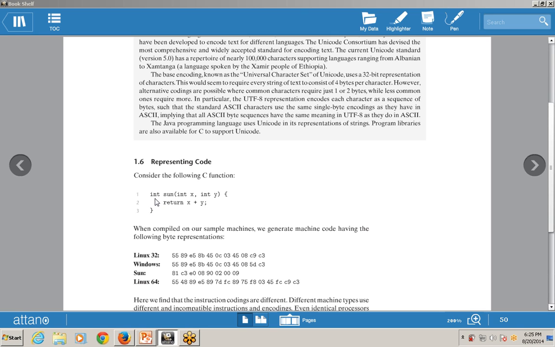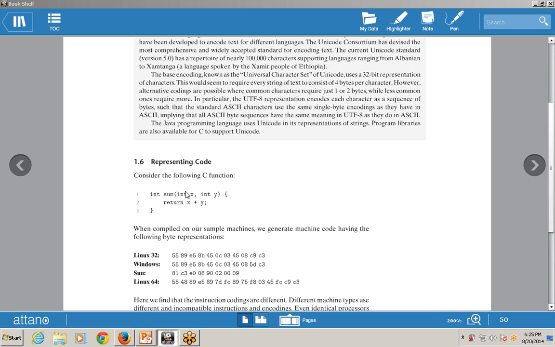So starting with the first line, int sum means sum is the function name that is used for addition, and int is the return type, means whenever the sum function returns any value, that must be in a discrete form, that must be a discrete value. So that is int sum, parenthesis open, int x comma int y, then curly braces open, return x plus y, means after performing the operation, the function named int sum returns the x plus y value.